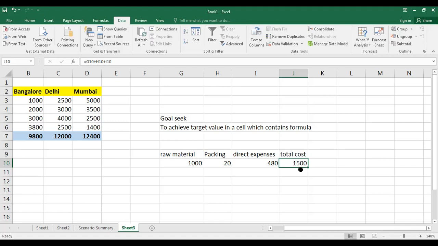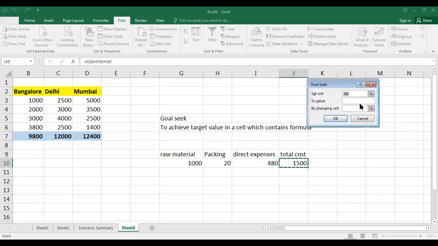Or the other way, now it is 1,500. They are telling you have to make it 1,700. The total cost of the product, we can go up to 1,700. So to make it 1,700, I should make changes in any one of the cells. Where I should change, you should take the decision. That's it. So in Goal Seek, what is the value? I want to change to 1,700.